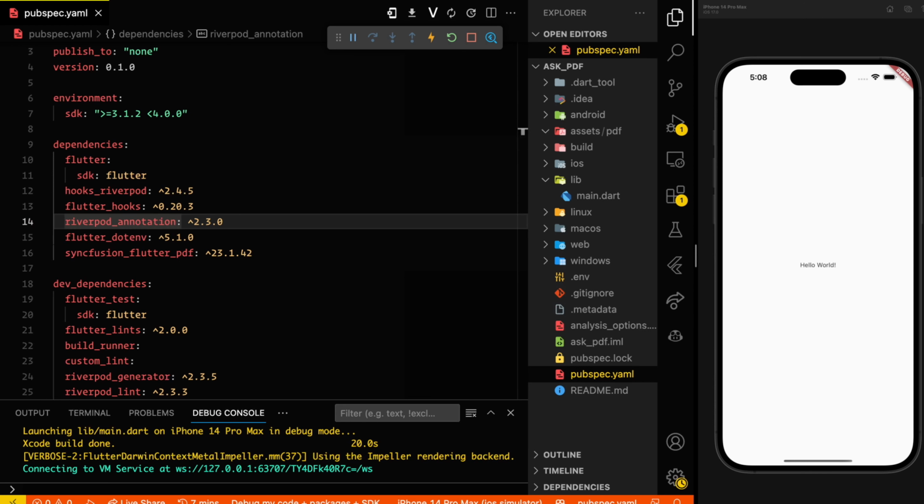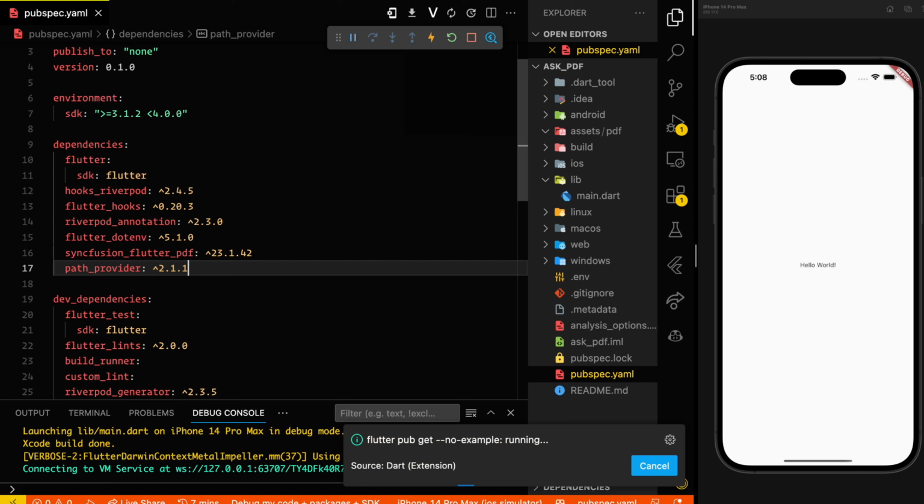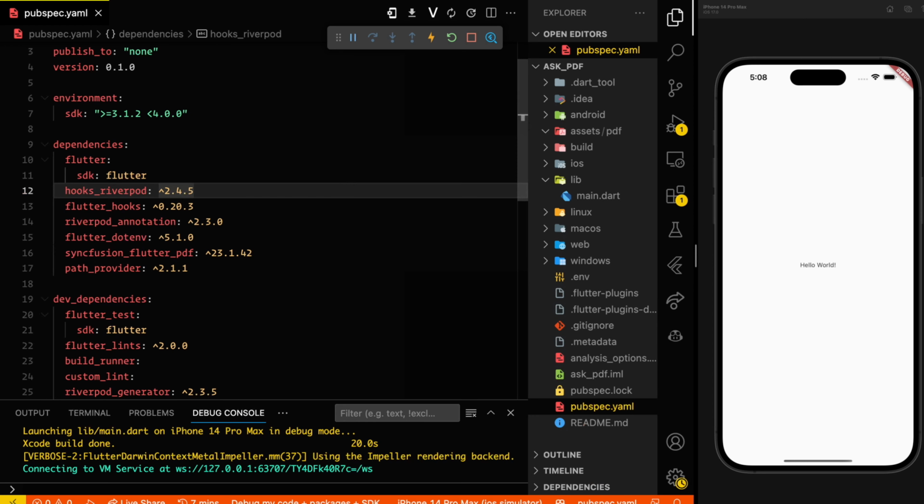And then we are going to be using path provider, which gives us good utilities that we use to handle paths in our mobile app. Okay, so